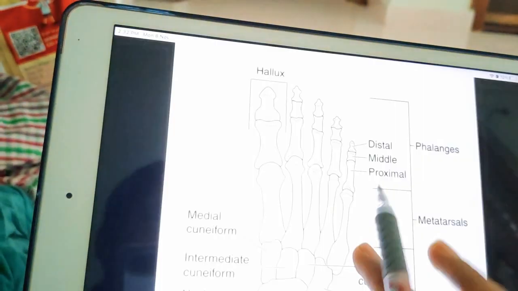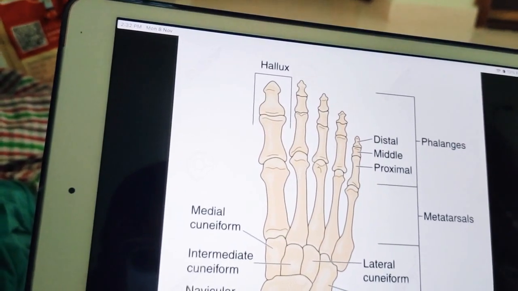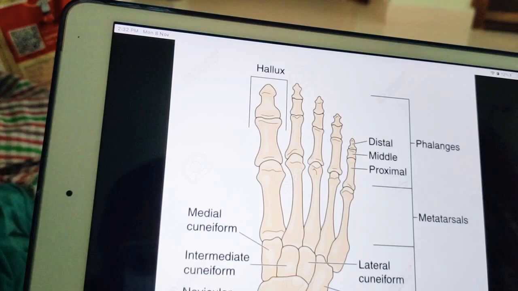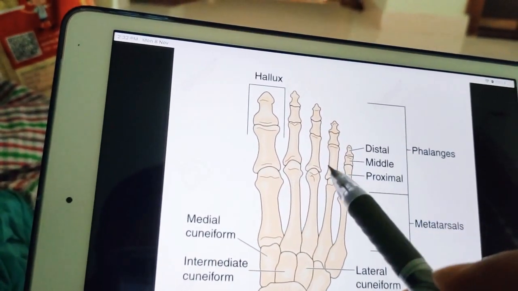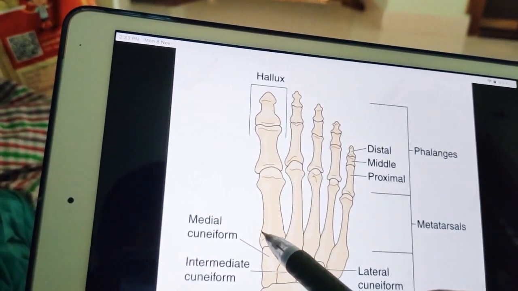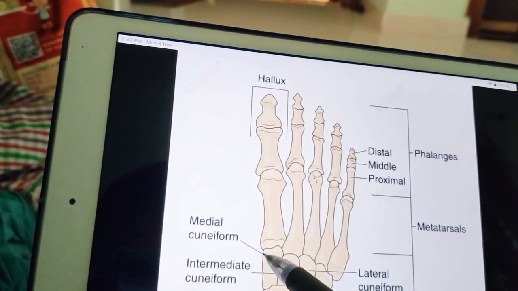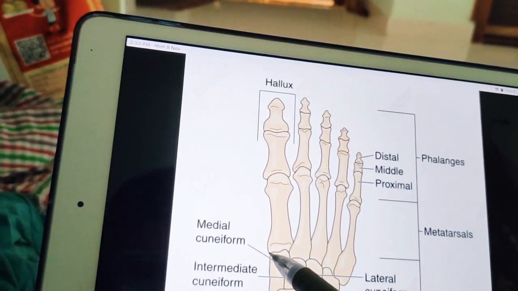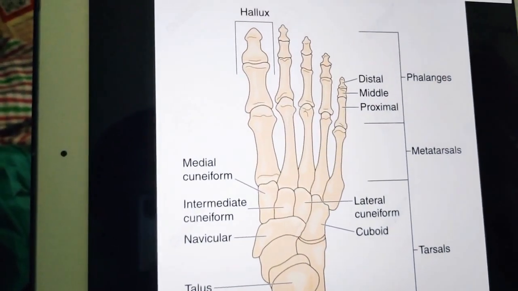So let us see the side determination of metatarsals, how to find which side. Mainly the bases of metatarsals are obliquely set so that the deeper edge is directed backward and laterally, whereas the side of the first metatarsal bone can be found out by examining the kidney-shaped facet on the base. On the base, you will see a kidney-shaped facet, the hilum of which is directed laterally.